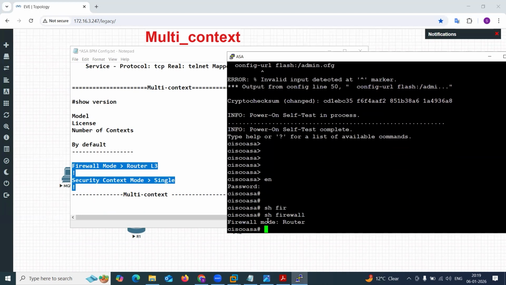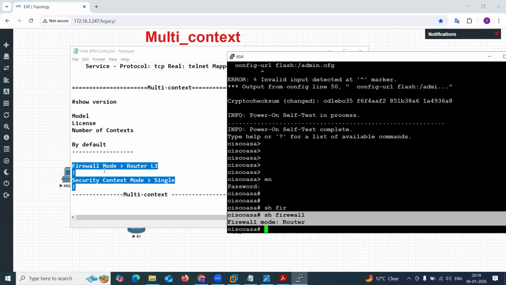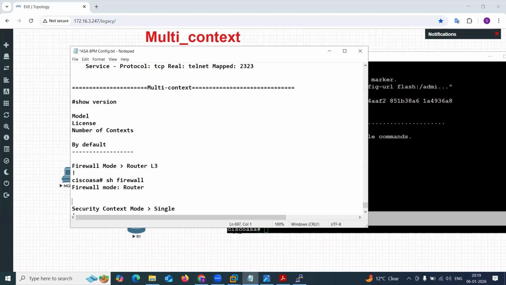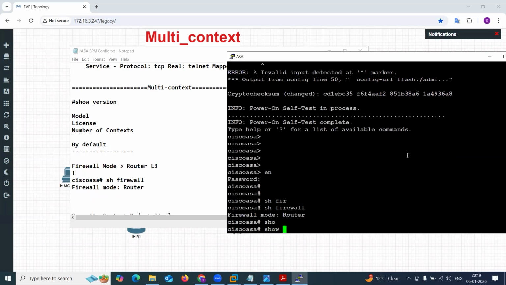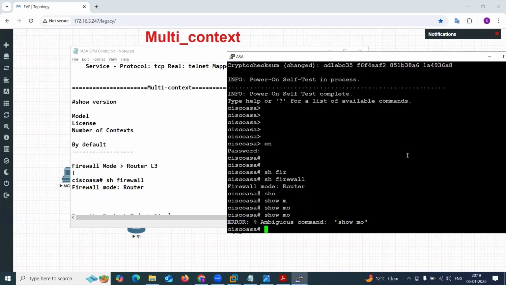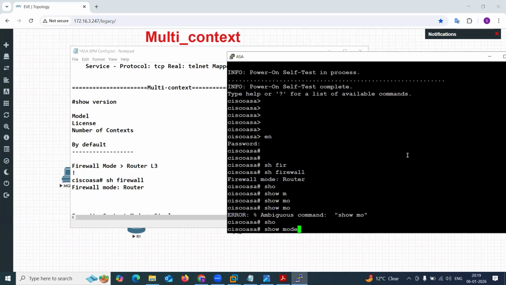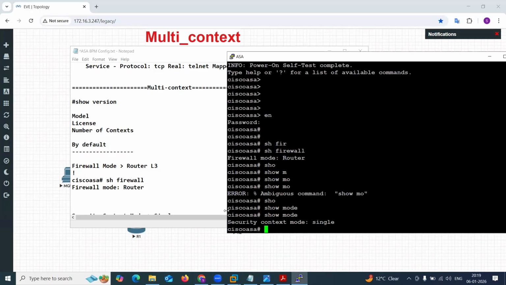It will show you it's in a firewall mode as a router. Okay, you can give this command. And to check the security context mode, you can say show mode. Show mode. And here you can see